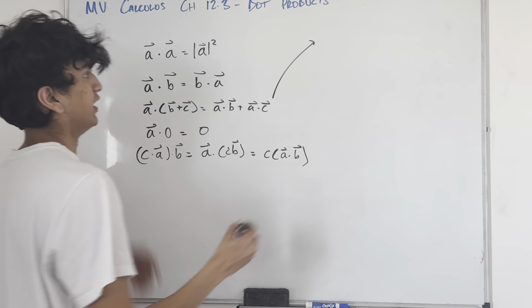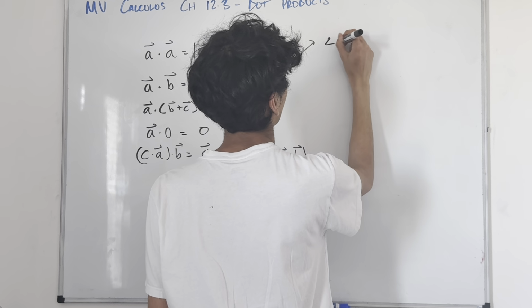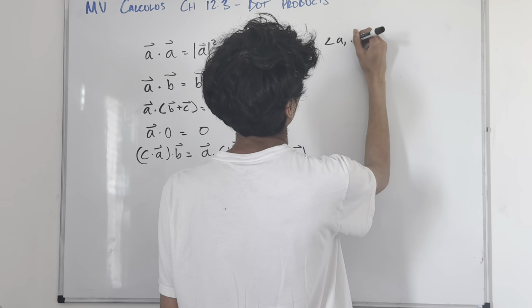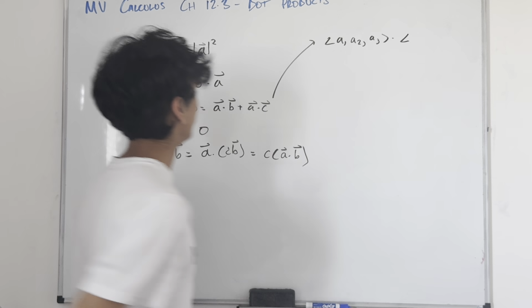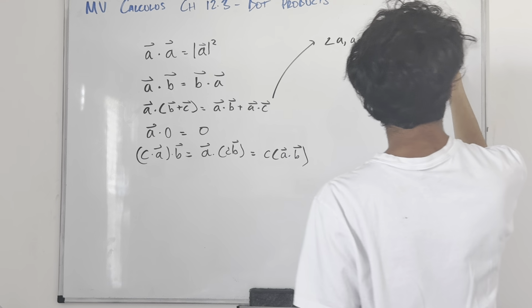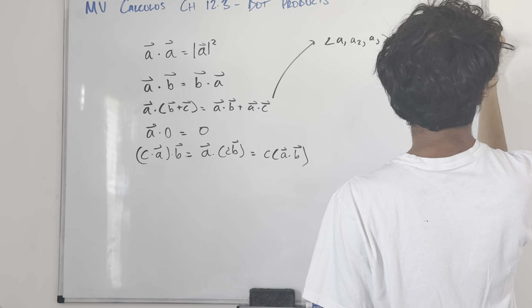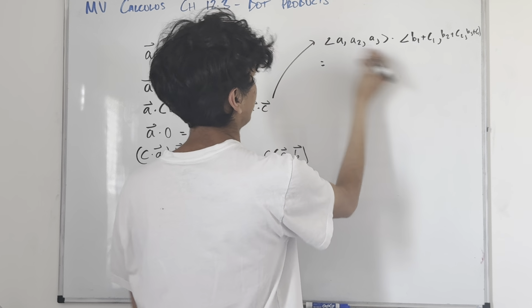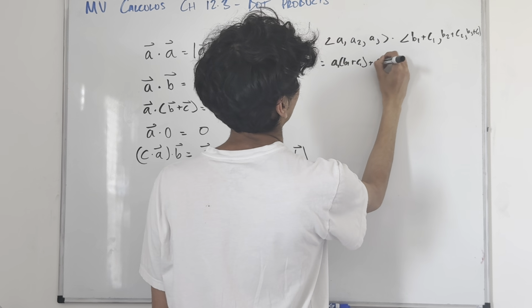Really, A dot (B plus C) is the same thing as taking A = (A1, A2, A3) dot, and what I'm doing is the vector sum, which is just going to be (B1 plus C1, B2 plus C2, B3 plus C3). So when I take the dot product, I get A1 times (B1 plus C1), plus A2